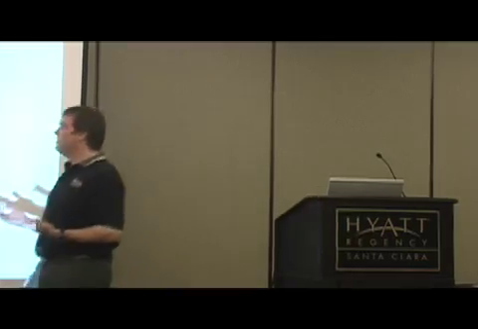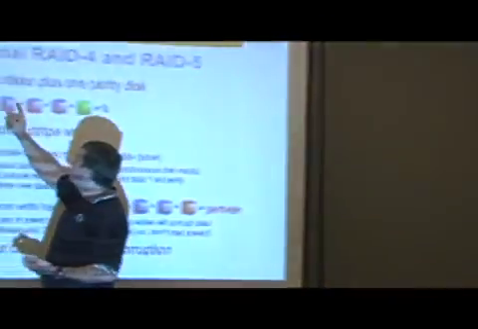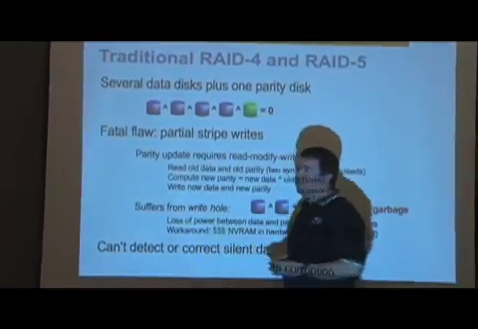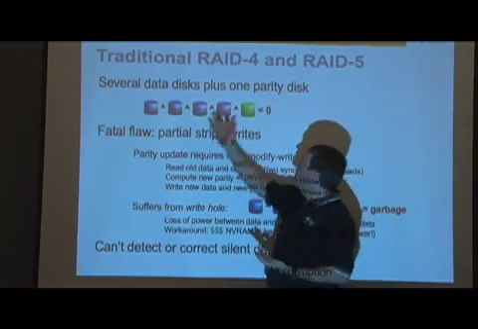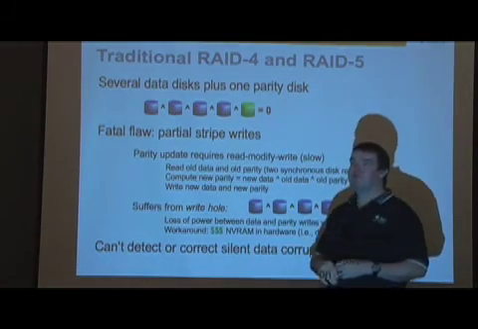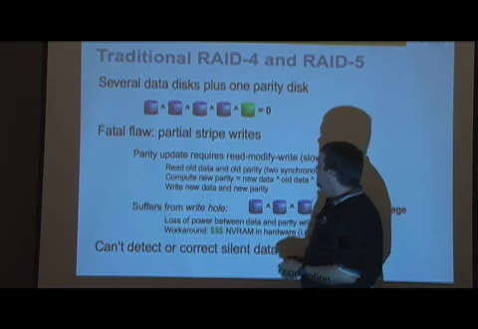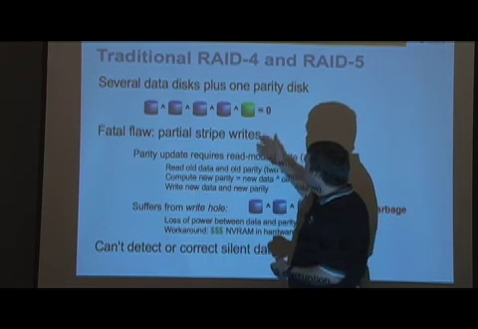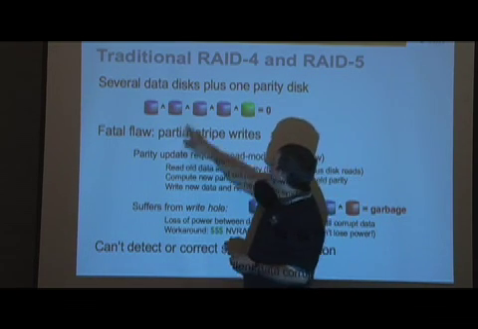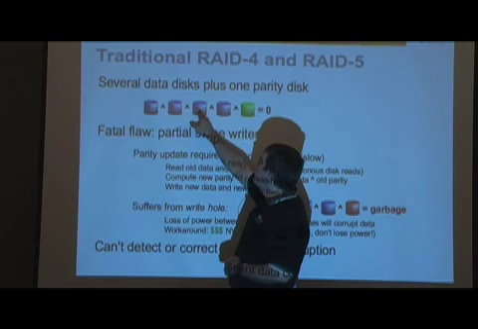So one of the things that makes this particularly difficult to do correctly is what we call partial stripe writes. If I'm writing enough data that it covers a full stripe across all 4 of these disks, no problem. Write the data, write the new parity, wonderful. The problem though with partial stripe write is that if I only want to say update data on one drive, then